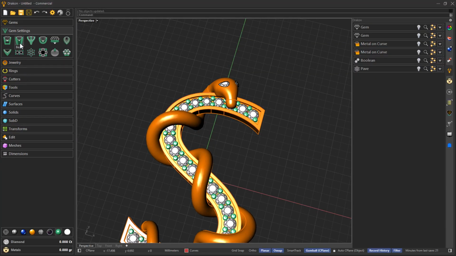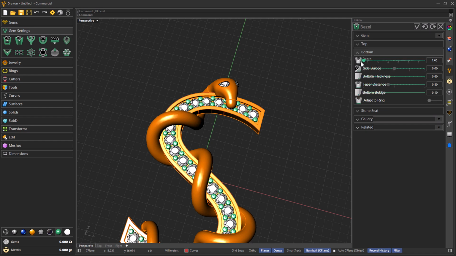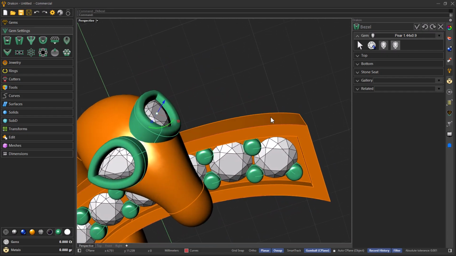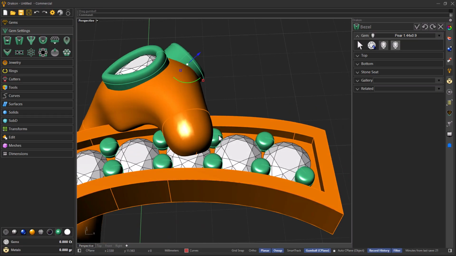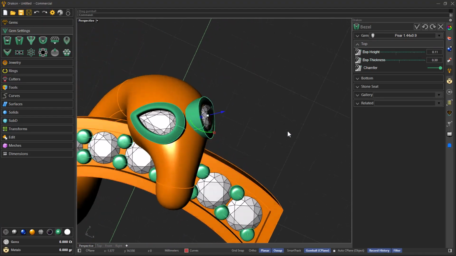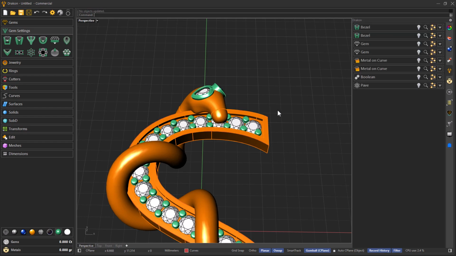So what I'm going to use is the bezel setting. Let me just reduce here the width, the thickness. This is a very small gem. So the depth, let's select the one and the second one. Okay, so we can decrease here the height, the thickness. So also adjust here how we want. Of course, we can adjust here the positions later, but for now I'm going to keep this,